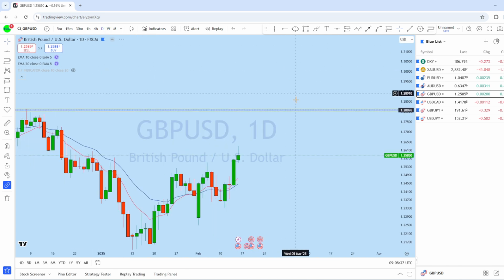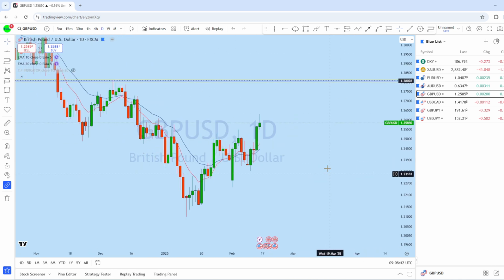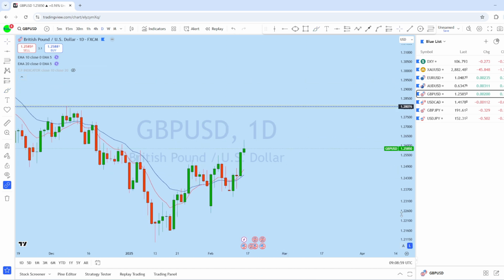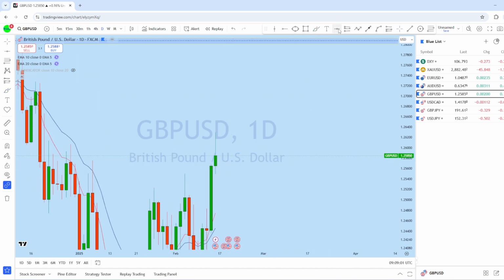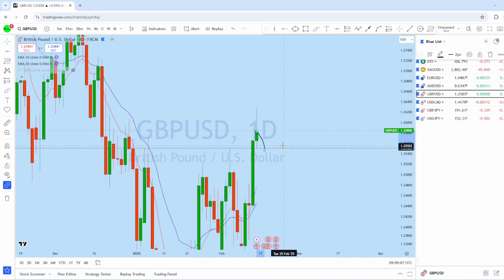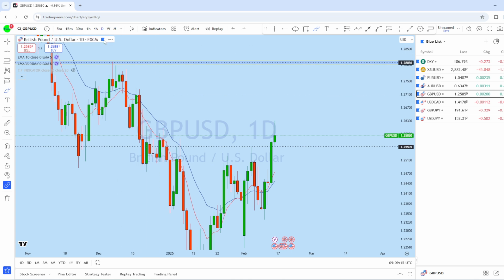Now dropping down to the daily chart, we can see that from the daily perspective, British Pound US Dollar is showing a potential change of trend, and there was a gap open forming a triple bottom here. The market managed to break completely to the upside. This is the daily candlestick pattern on GBP USD, and from the daily price action this is an important daily support. I think on British Pound US Dollar we can expect the market to drop again, grab the liquidity and then trend again to the upside. Therefore this daily support is crucial on British Pound US Dollar.